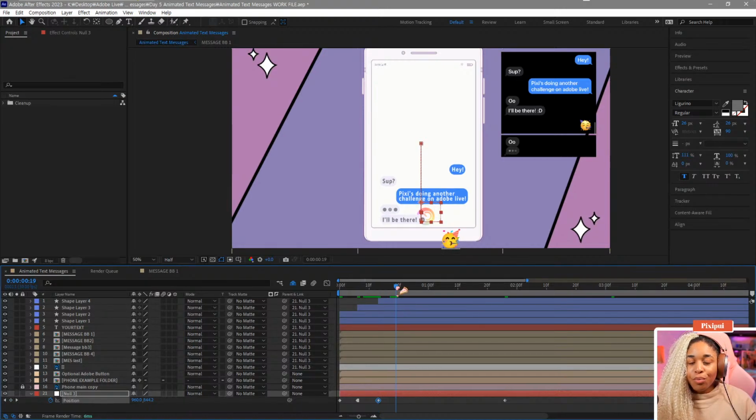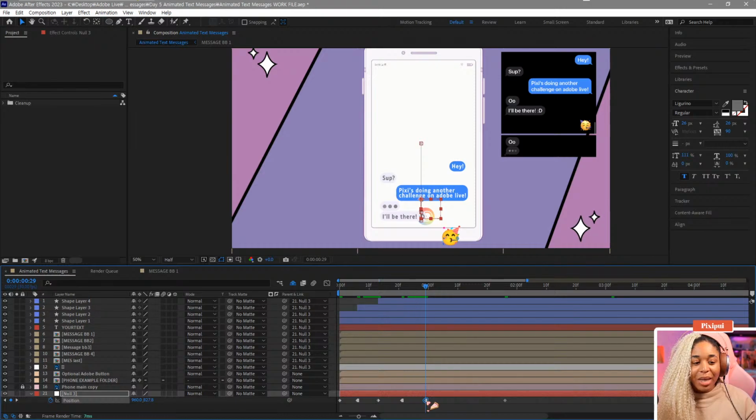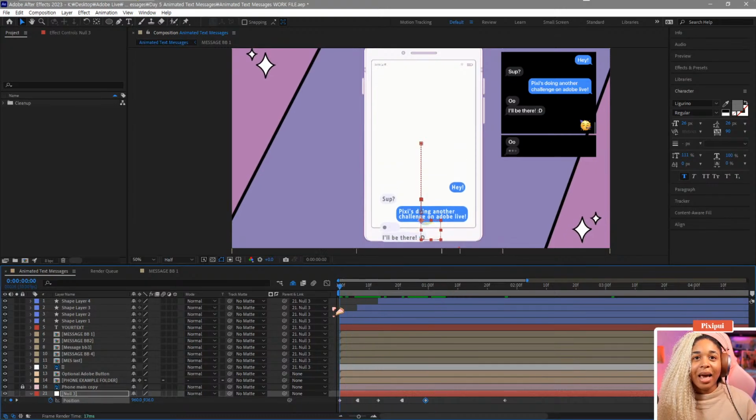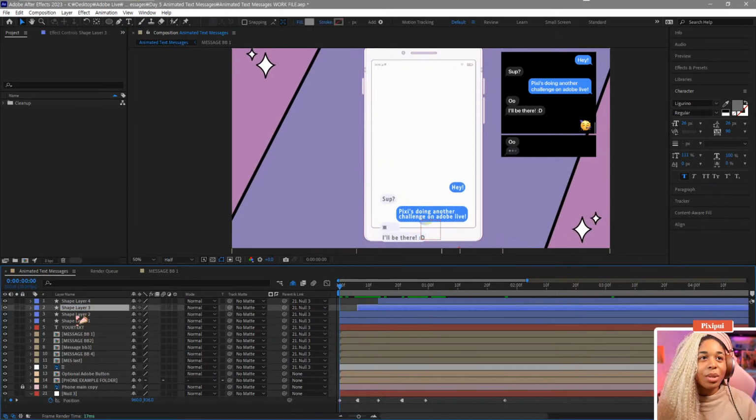hold control and left click, and then just scroll a little bit. It's kind of going to do the work for us. We click keyframe once more, toggle hold. When we want it to hold there, move it over a little bit, copy and paste, Control V. Oh, we got the same name. Rinse and repeat. And to make the text show up when you want it to show up, all we have to do is,